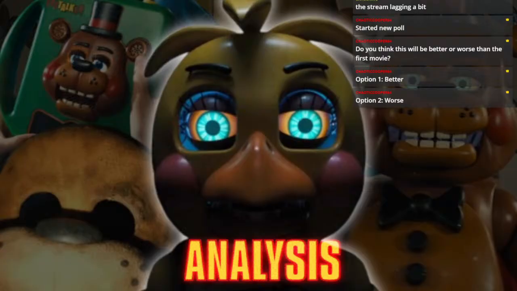So yeah, those are my problems with the first movie, and the second movie seems to be fixing that. And so I think this one's 100% gonna be better. I know a lot of people for some reason really don't like the FNAF movie. And I don't think it's a perfect movie or anything. It's not peak fiction, but I think it was solid. I think it was good. It was pretty good,